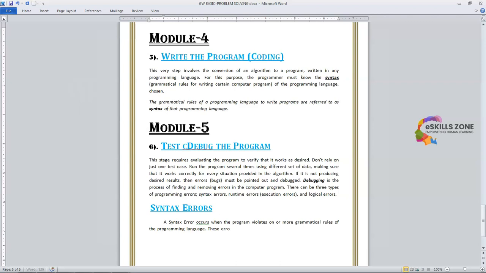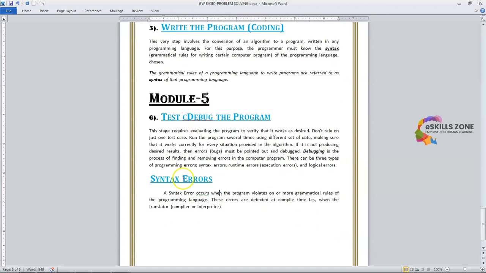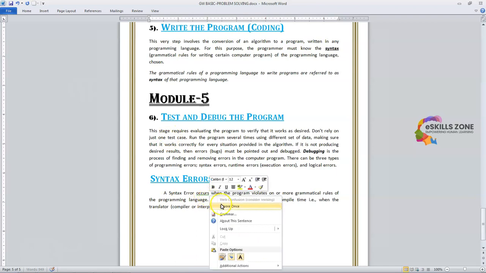These errors are detected at compile time, that is, when the translator, compiler, or interpreter attempts